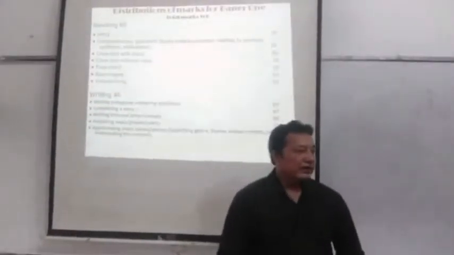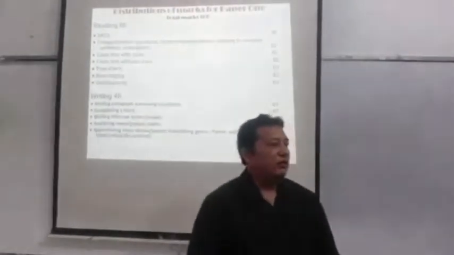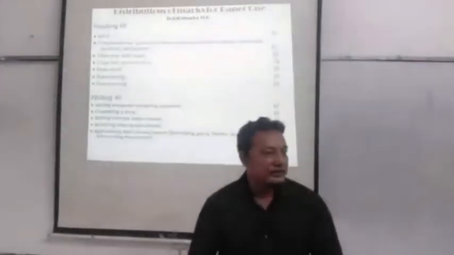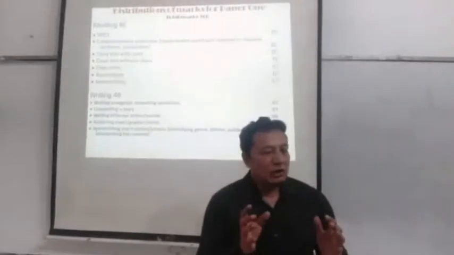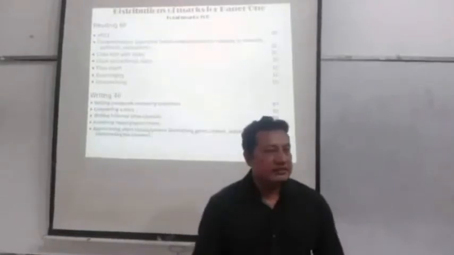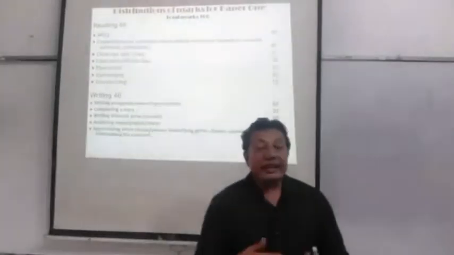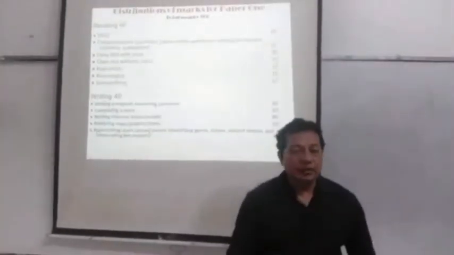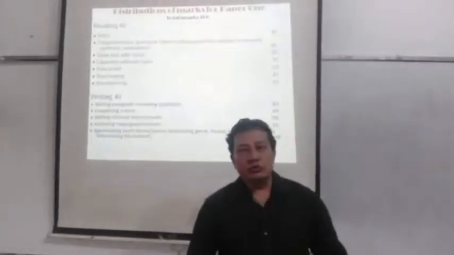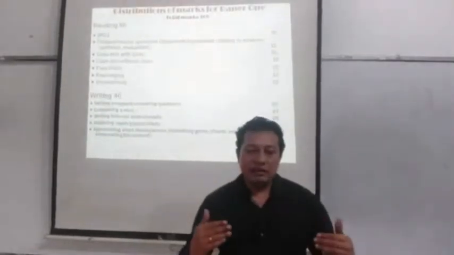Then we would like to enter the world of writing. In the writing part, you have to write a paragraph. That means when you are asked to write a paragraph, you have to, of course, follow some system. That means the parts of the paragraph, what type of paragraph it is, how you will answer the questions given, the length of the paragraph, and the idea of the paragraph, everything. Then completing a story. You will be given clues, you will be given some lines, and then you have to finish the story